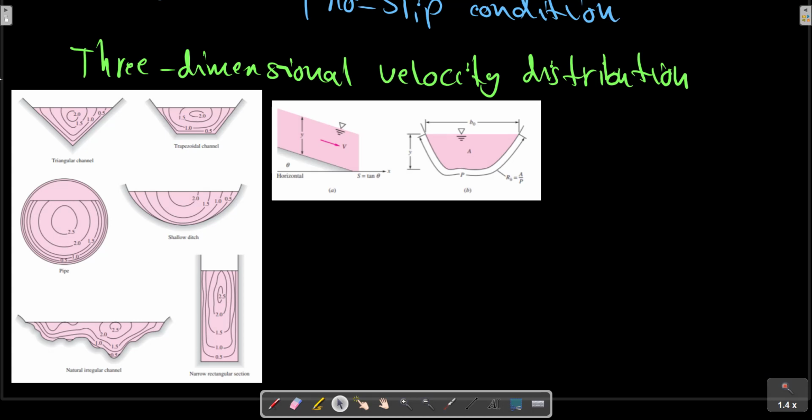Since the liquid density is nearly constant,